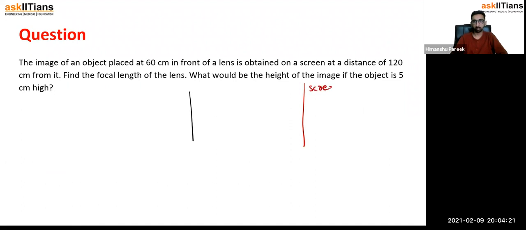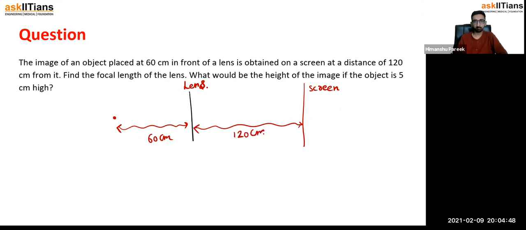So that's the screen, and that's the lens. Object is kept 60 centimeters away from it. I guess many of you must have guessed by now which lens it would be, convex or concave. So think about it. In the end, we should compare the answer. This is 60 centimeters and the image is being formed on the other side